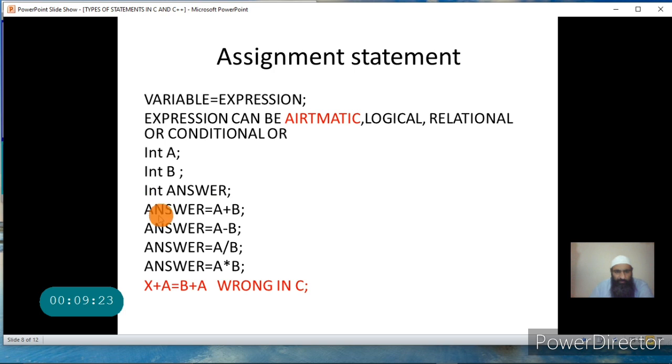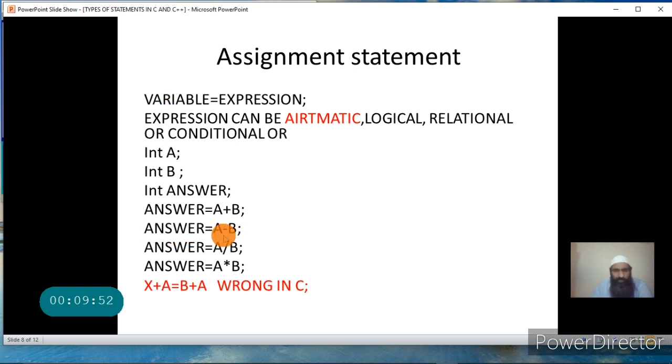So on the location whose name is answer, the result of this addition operation is stored. So in the assignment statement, the variable mentioned on the left hand side is being written with a value that is calculated in the expression, and this value is being calculated by the CPU. So that value is being assigned to a variable.